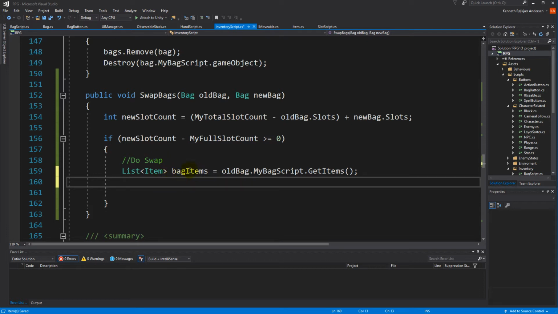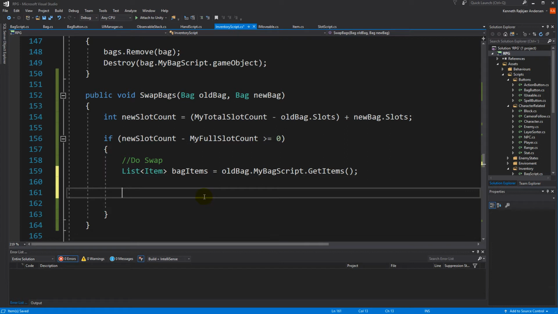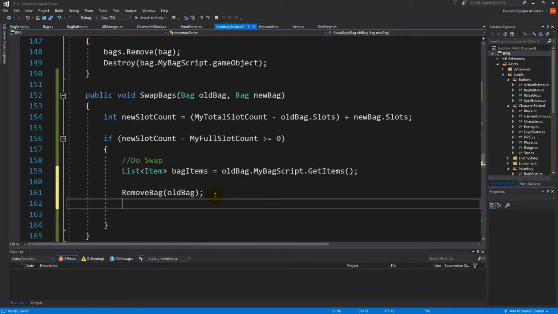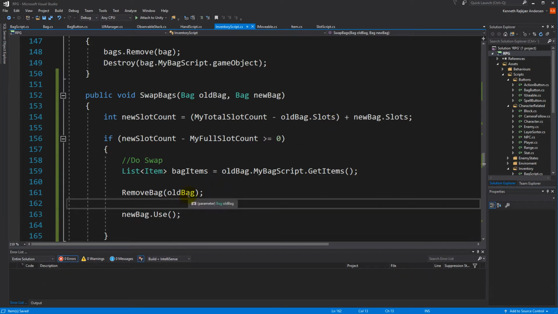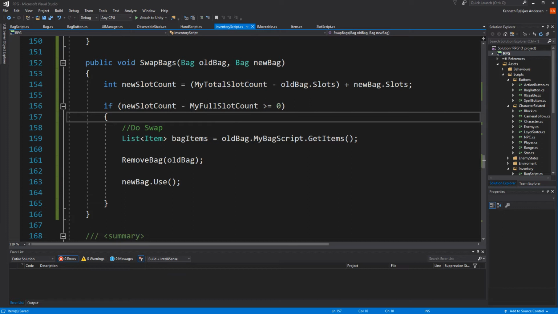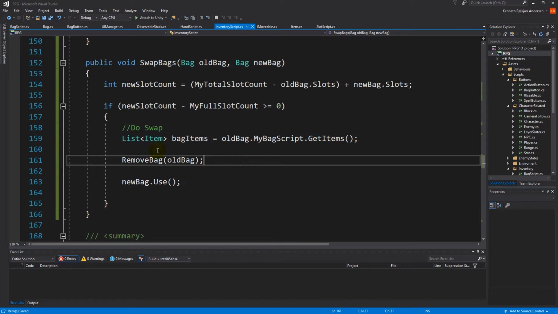Okay. When we have stored a reference to all the items, so we have saved them, we can start removing the old bag. So remove bag, old bag. So now the old bag is removed from the inventory for the bag bar. With that done, we will have to say new bag dot use. So now we're using the new bag to equip it. Okay. So there's a lot of things we need to take into consideration here, but I think that we will do it one by one so we can see that everything works. Okay, so this is the swap, and here we are taking the items, removing the old one, and using the new bag. So let's try to save this actually, and let's try to run this